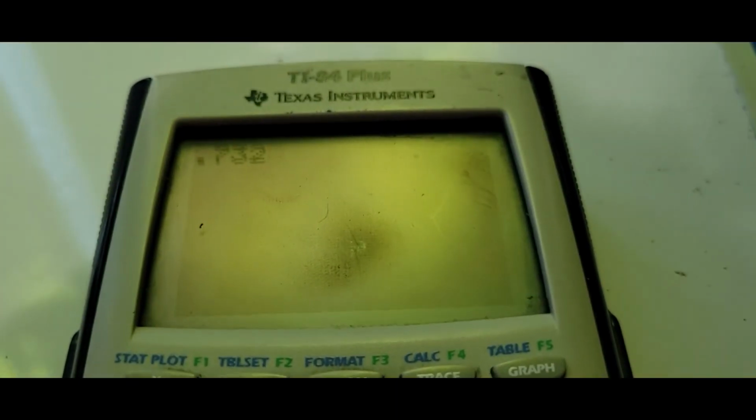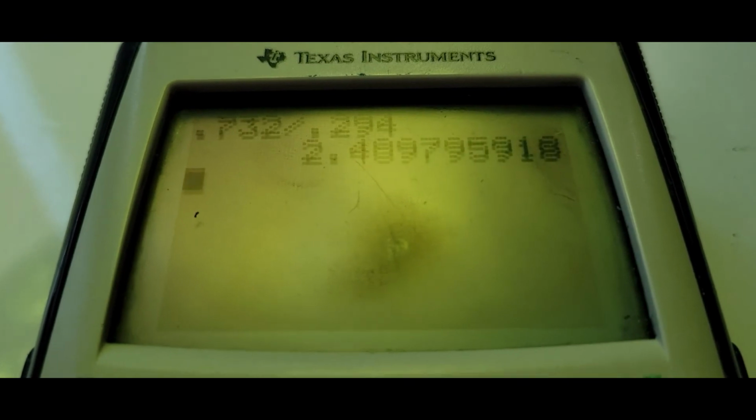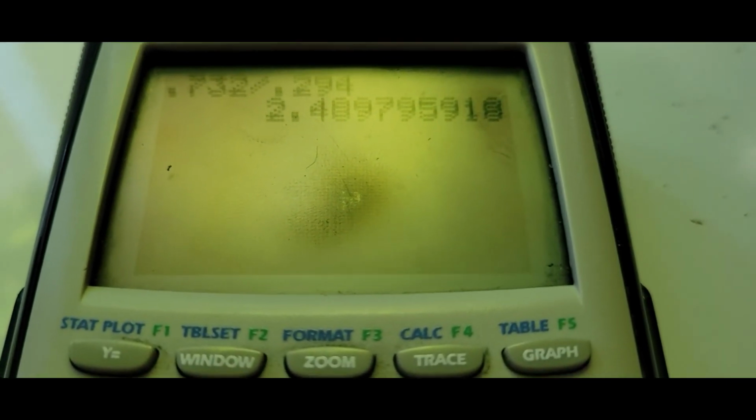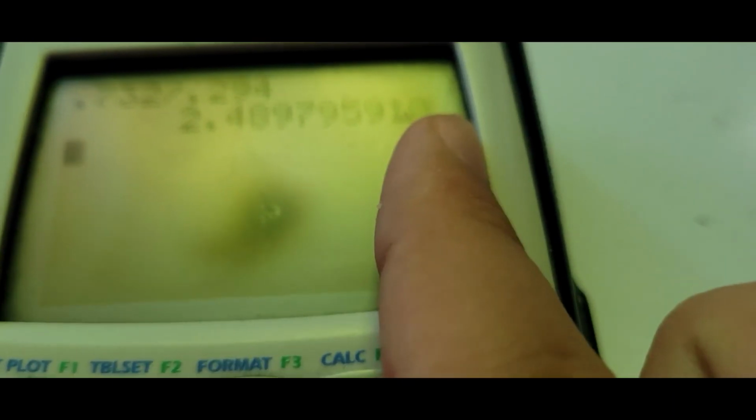So we get 0.732 divided by 0.294, because the negatives cancel out. And we get 2.4897